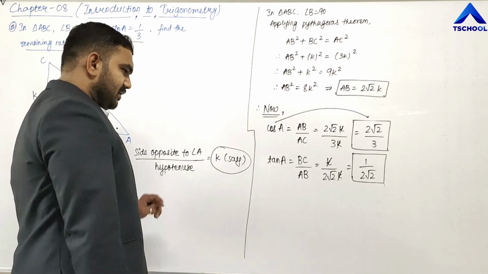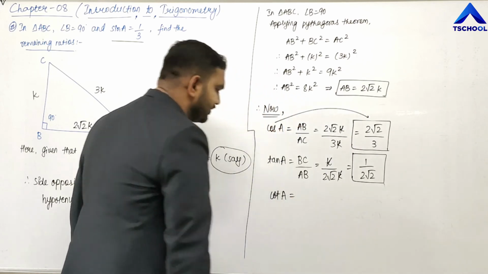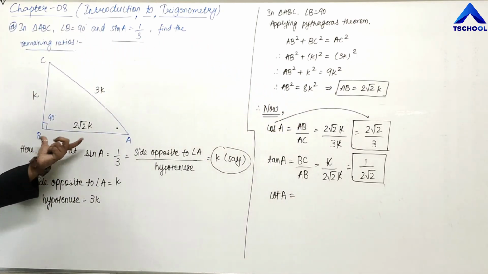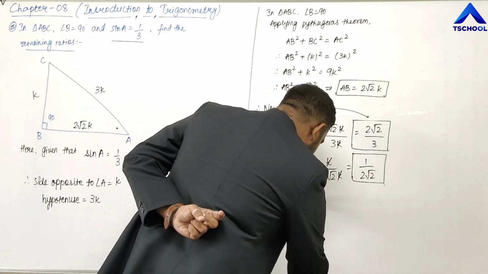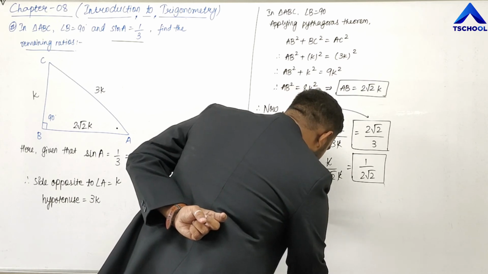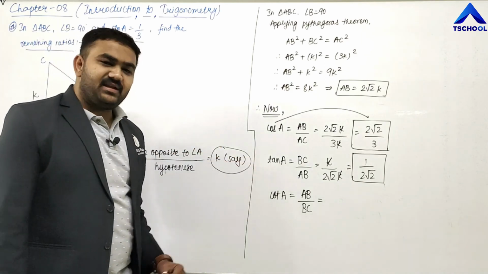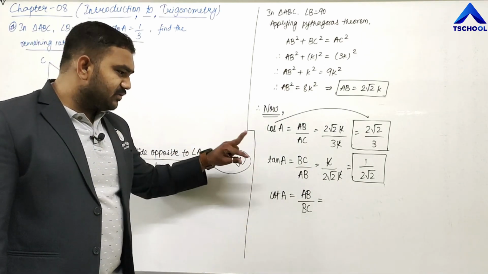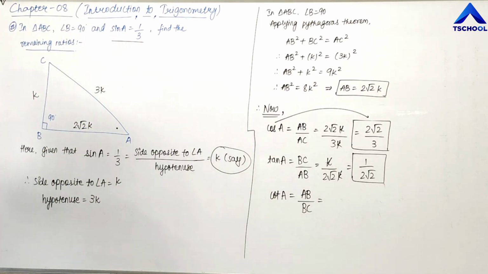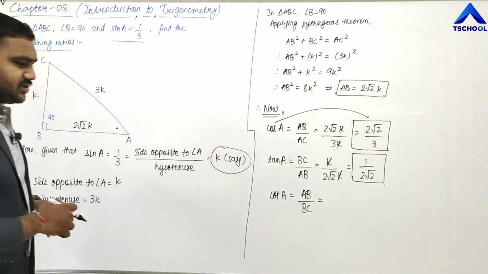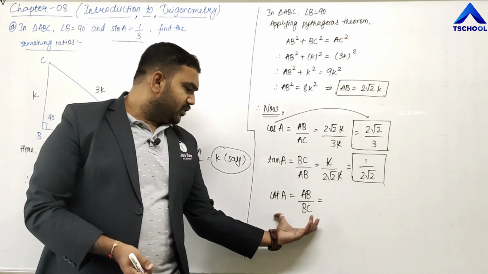Right? Let us find out the third one, cot A, that is side adjacent to angle A upon side opposite to angle A, or basically AB upon BC. Friends, you can also write it like cot A equals to 1 upon tan A, that we have written before this example. So you can also write it like that, or if you don't remember that, then you remember the ratio